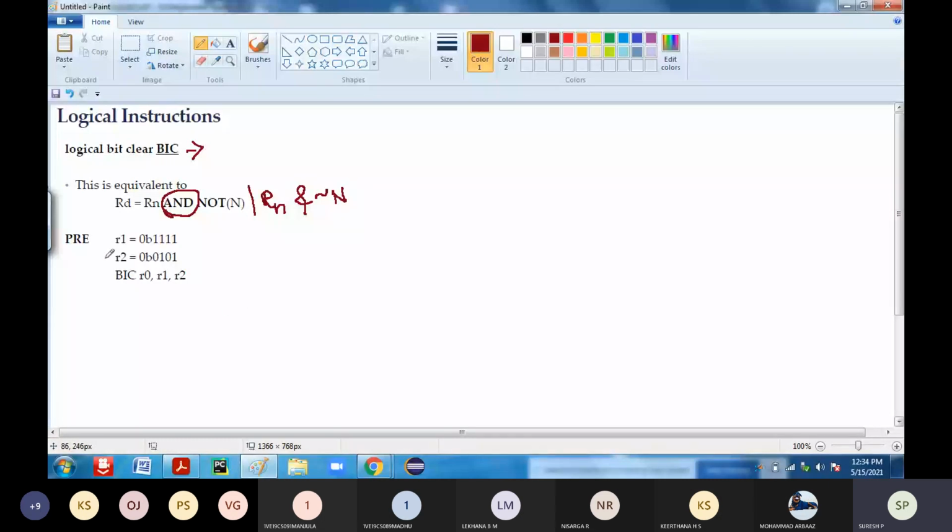So here you can see bit clear, these are the two registers. This is your source register 1, and this is your source register 2. When you are specifying the value directly as binary, you have to put 0b at the beginning.